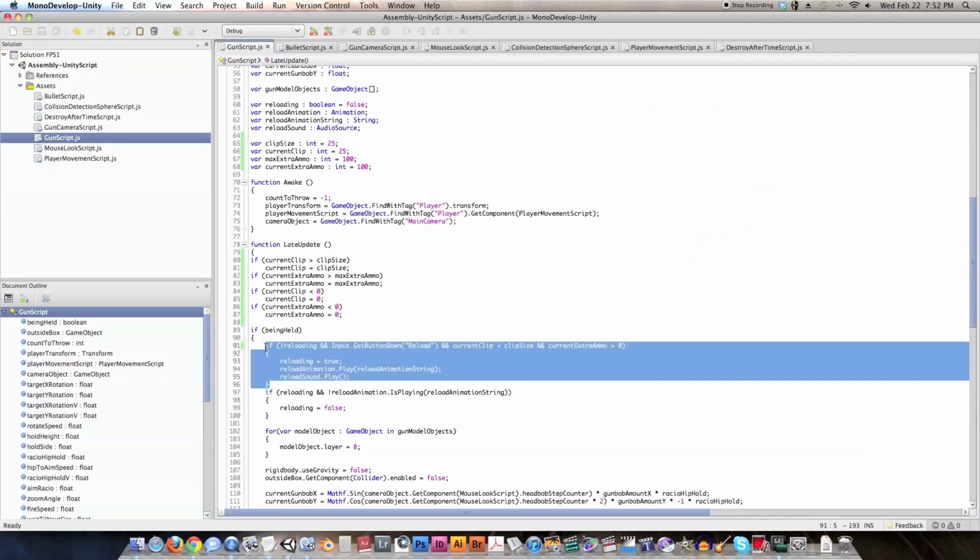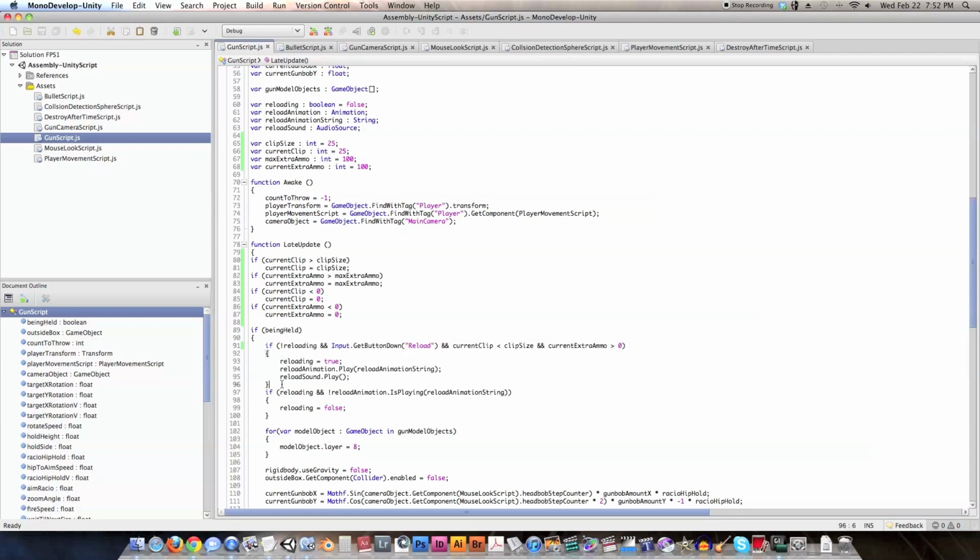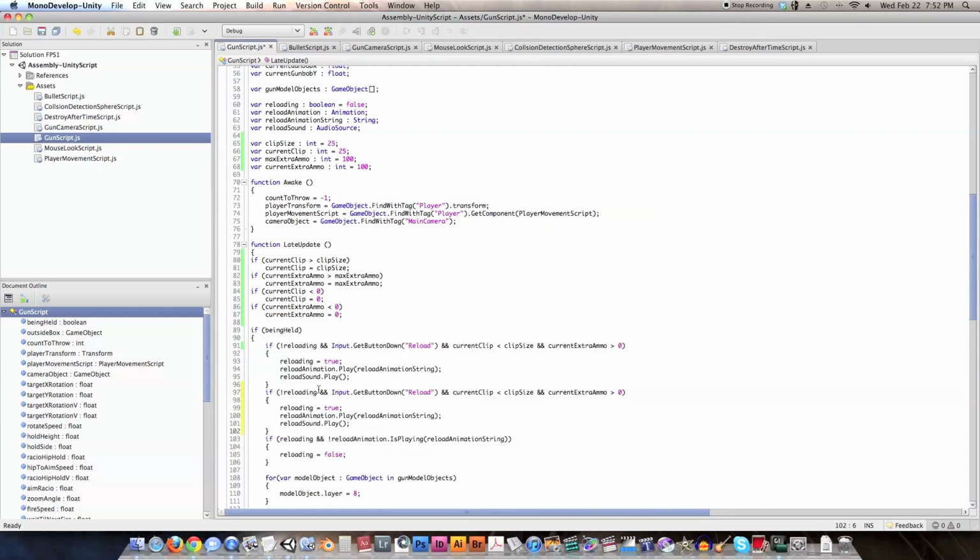Alright, now I'm going to copy and paste this whole thing and put it right there. And I'm going to change this so that instead of if GetButtonDown reload, it's going to be Fire1 and current clip is 0, because we only want this to happen when our clip has completely run out, and if current extra ammo is larger than 0, that we want to leave the same, and it will start the reloading process, start the animation, and play the sound. So now